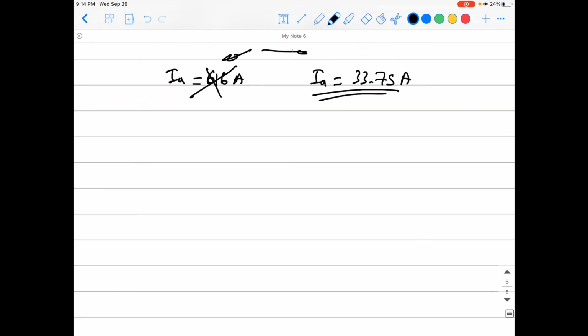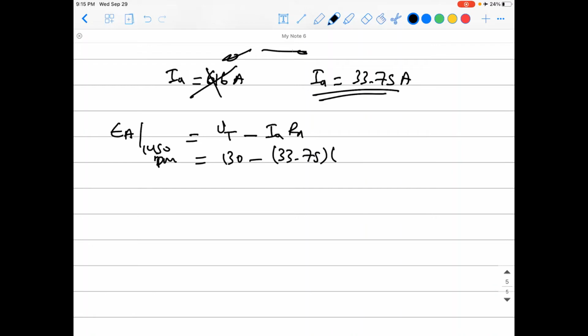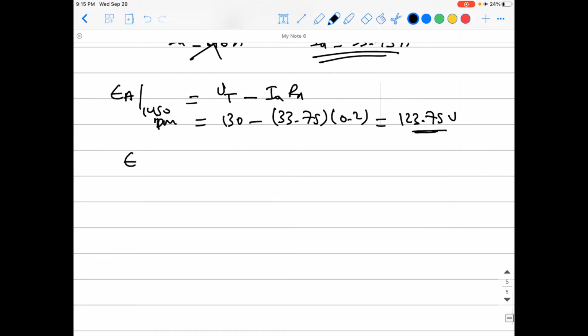directly again. Okay guys, so I will be finding EA at the current speed, which is 1450 RPM. How we can find this? Simply, it means V terminal minus IA RA from the equation. You know everything now. V terminal is 130 minus IA is calculated to be 33.75 times RA 0.2, and this gives you 123.75 volts. Okay, and again using the same thing, EA at 1450 RPMs divided by EA at 1000 RPMs, which